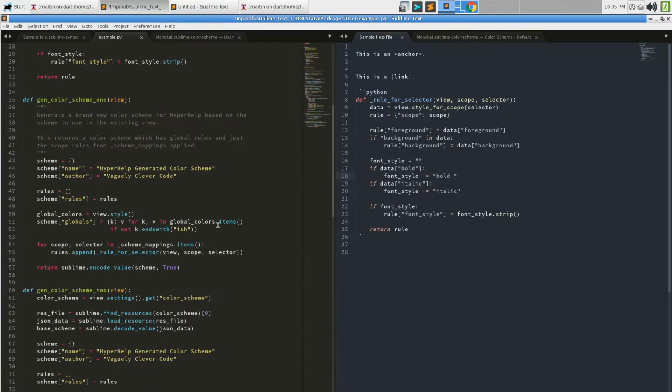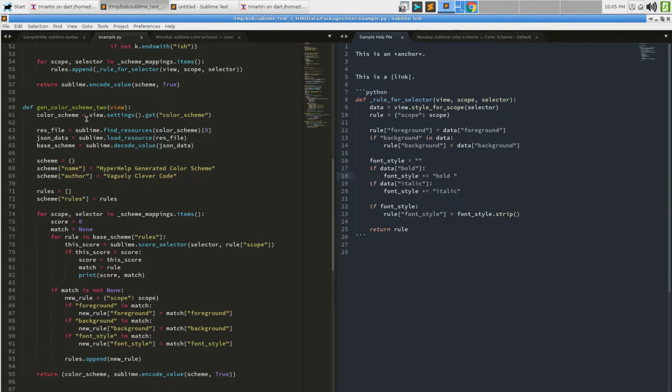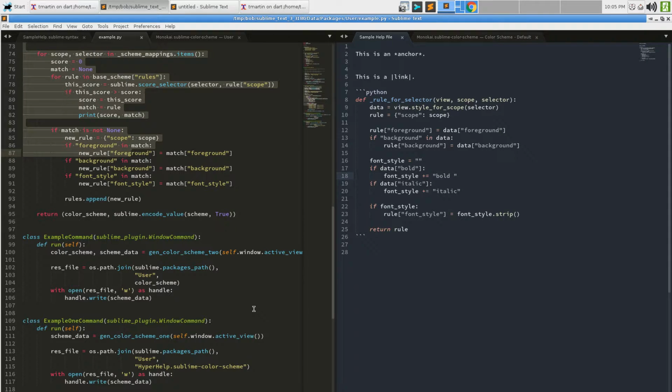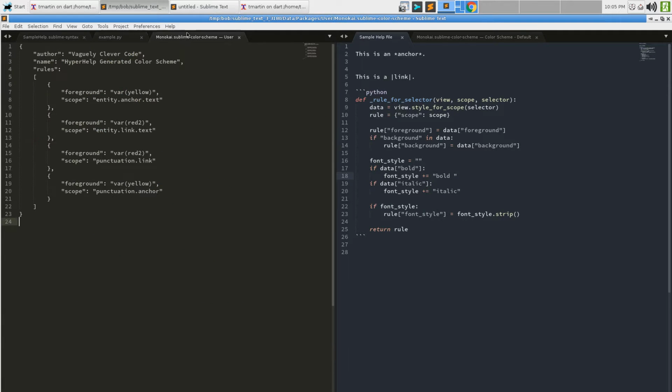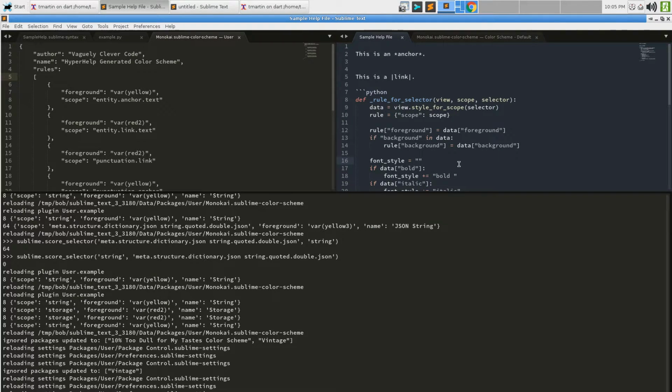Now, remember the code, when I call it, uses the color scheme from the view you pass it and does all this stuff, right? And this is the command we're running, and it is passing self.window.active_view. So that's the file that it used to be, which it's not going to be now because the color scheme's name changed. And I'm going to open the console and run this command.